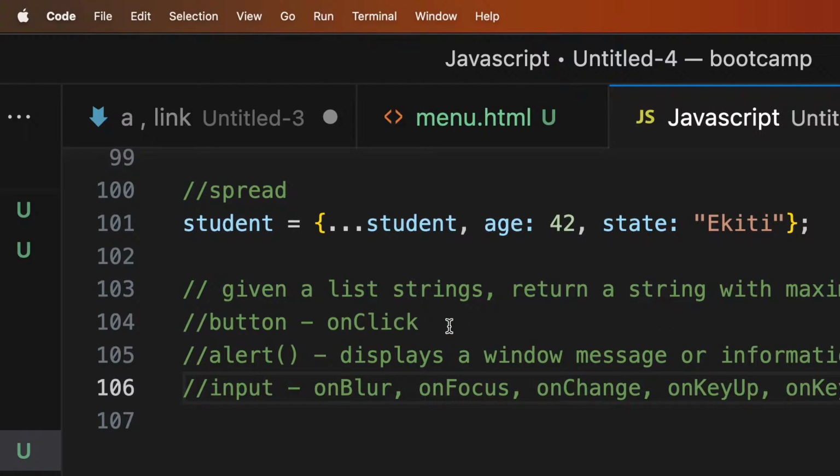A button has onclick. It also has onsubmit. You understand? Now, like I said,